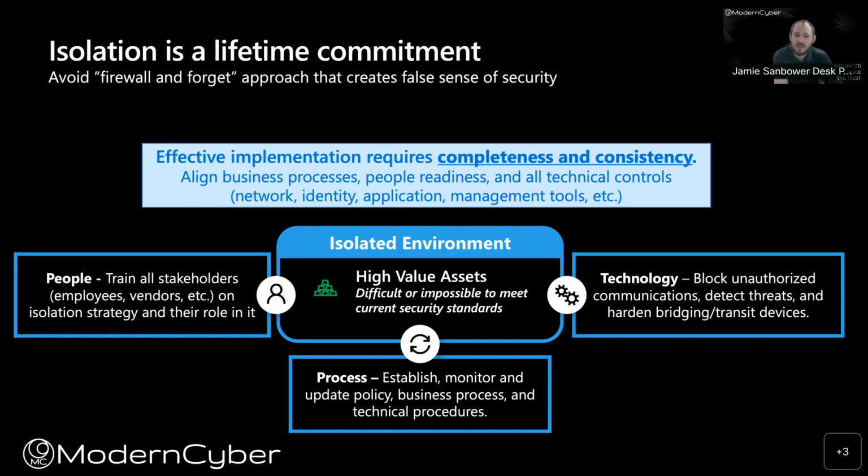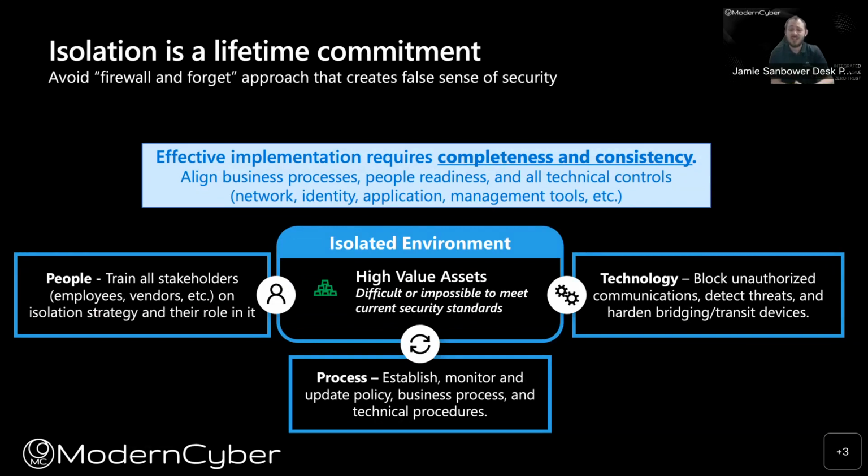The key thing with isolation and segmentation is when we talk about people, we need to make sure that the stakeholders within the organization understand how connections and policy relate to the current environment and to the future environment. Today, you might have users that are able to access resources that they shouldn't be accessing to do their job. How are you going to make sure that they understand that there is a new policy in place, and that it's effectively communicated before it's implemented, while it's implemented, or after it's implemented?